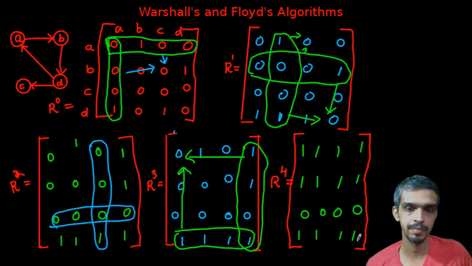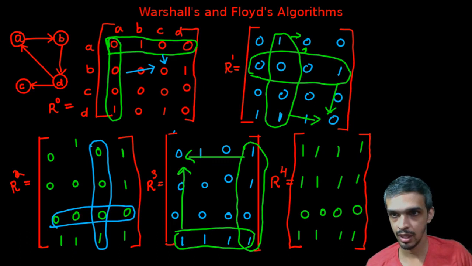So this is a transitive closure of this graph, and this result shows the reachability of this graph. So the 1 indicates that this is reachable, which means that A is reachable to A through other vertices. You can see that you can reach A from A by going to A, B, D and A.